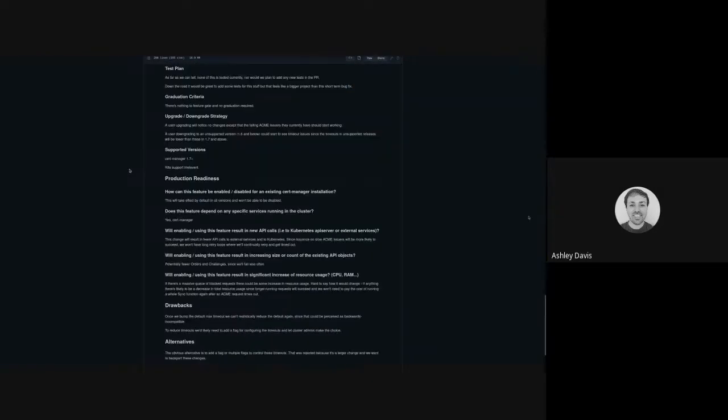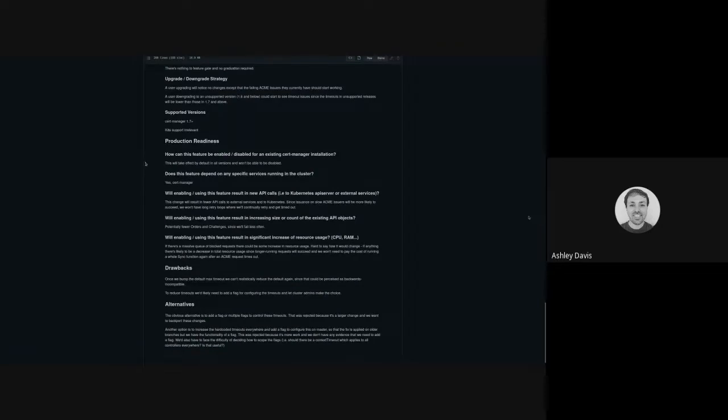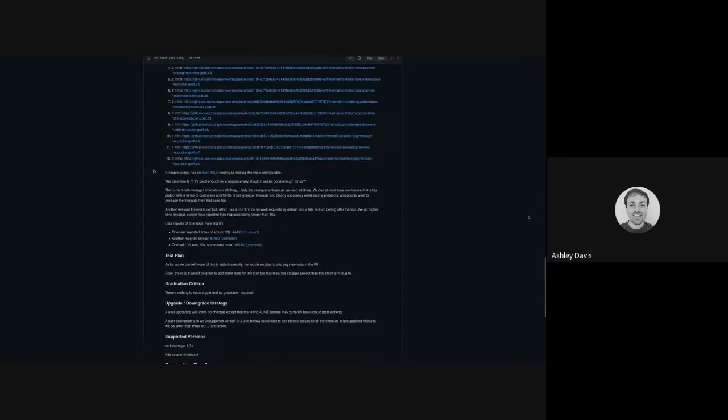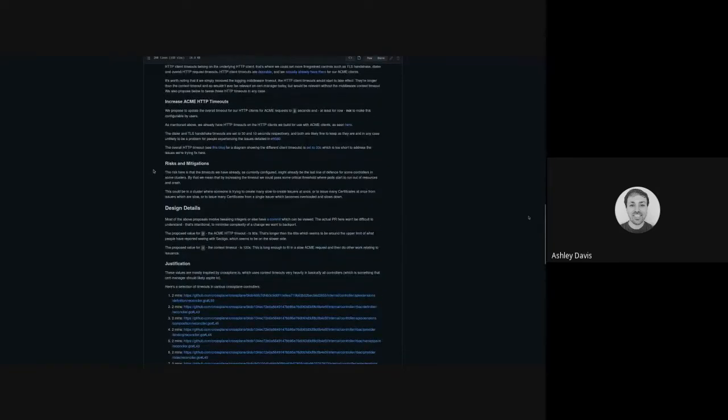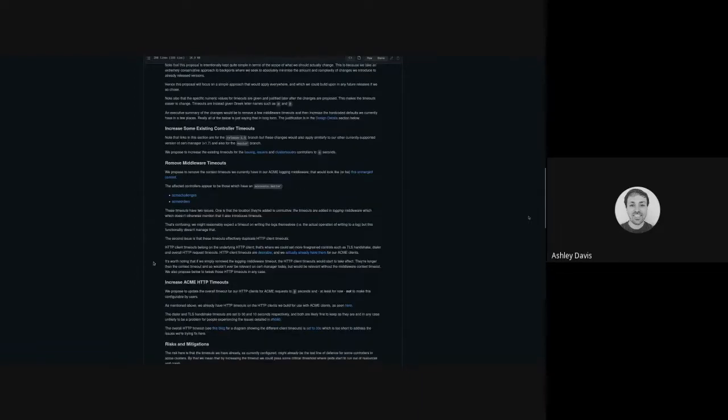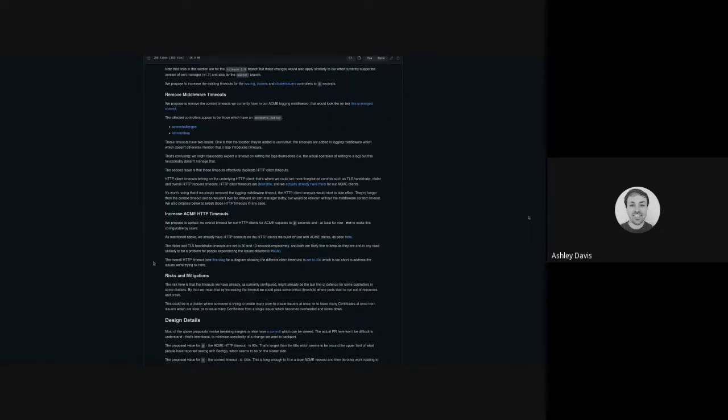So what I'm saying is, we increase the timeout on things that already have timeouts. We're not adding anything new. We increase the timeouts where they already exist to 2 minutes, which fixes the problems for everyone. There's also an HTTP timeout that ACME clients would hit. That's currently at 30 seconds, and I'm proposing to increase that to 1.5 minutes, which is still greater than 60. It's bigger than a minute, so that the requests can go through on that.